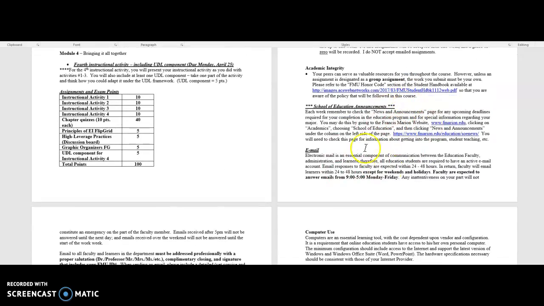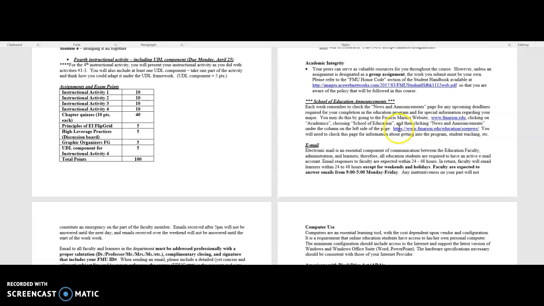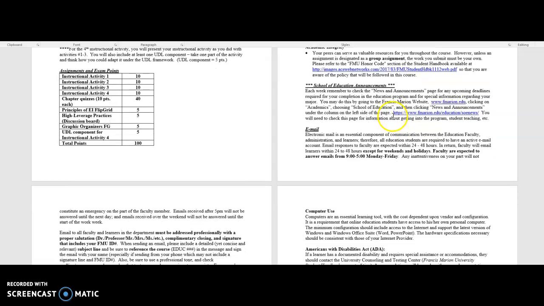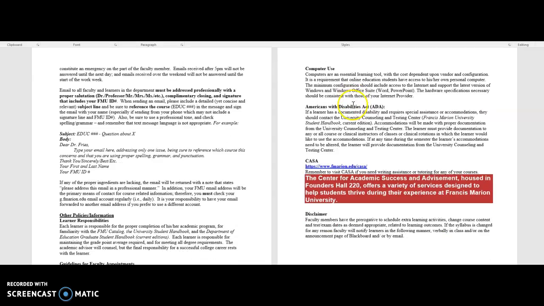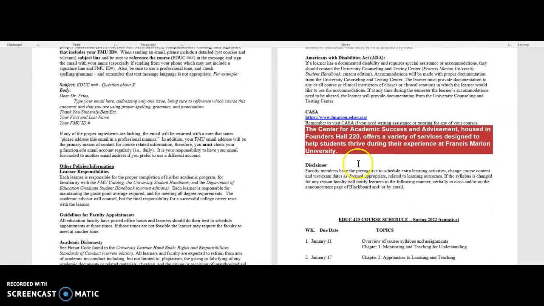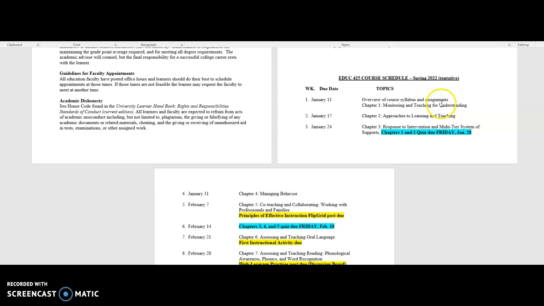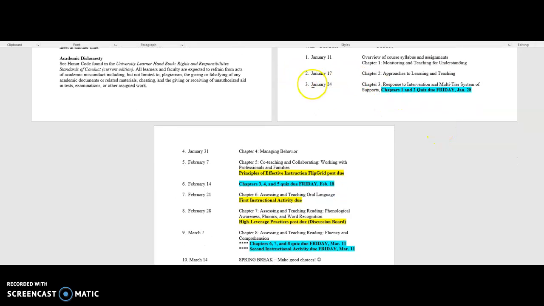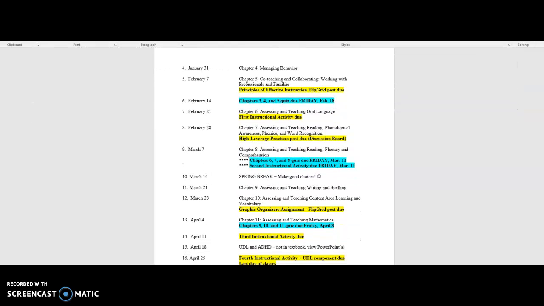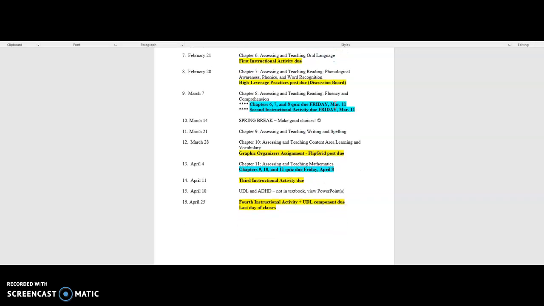Make sure you're checking announcements, especially, I don't know how far along the 2 of you are in your programs, but if you are coming up on your student teaching soon, make sure you are checking news and announcements and everything. Okay, if you need the tutoring center or anything, it's here. And then here's kind of the tentative schedule. So we are in week 3. I want you to start looking at chapter 3, response to intervention and multi-tier system of support, or MTSS, or MTS squared, as I like to call it. And that is about it. Okay, there's the rest of our semester.